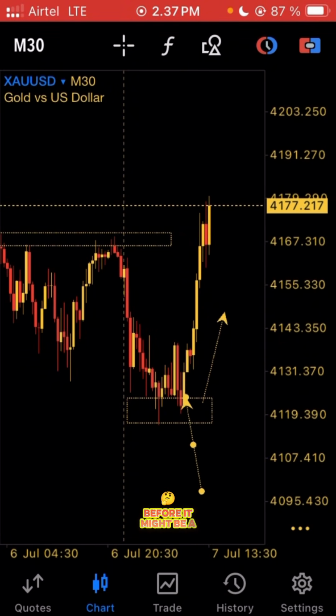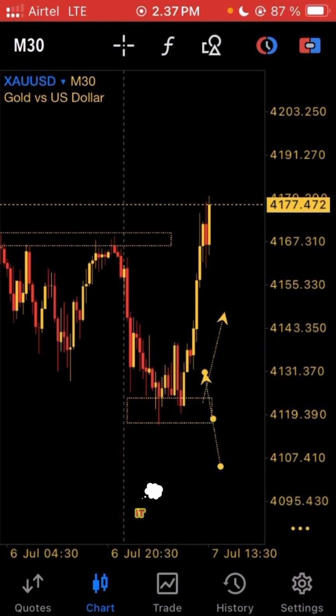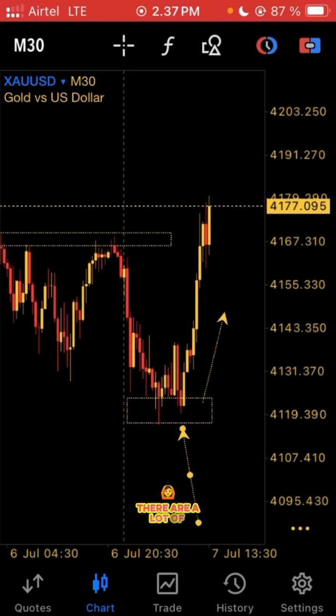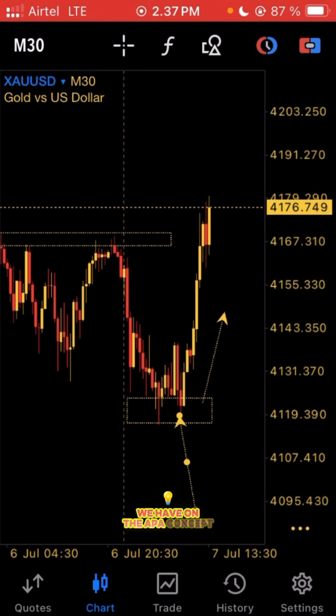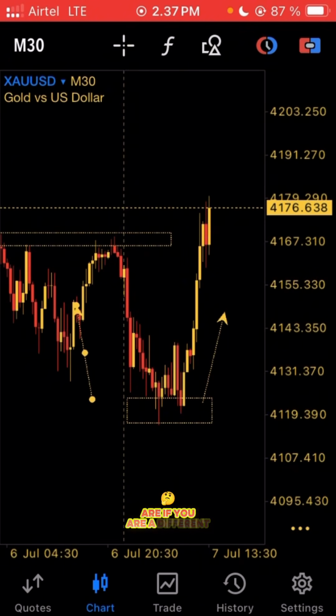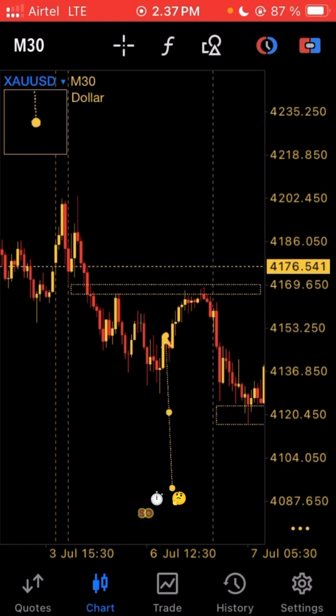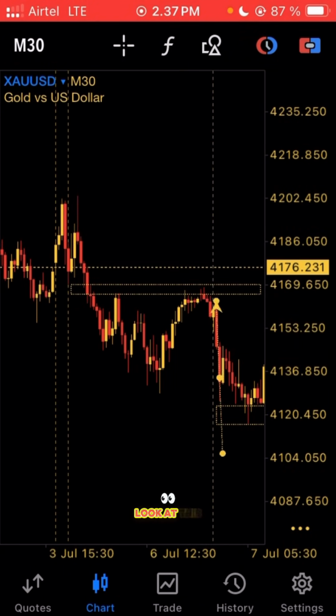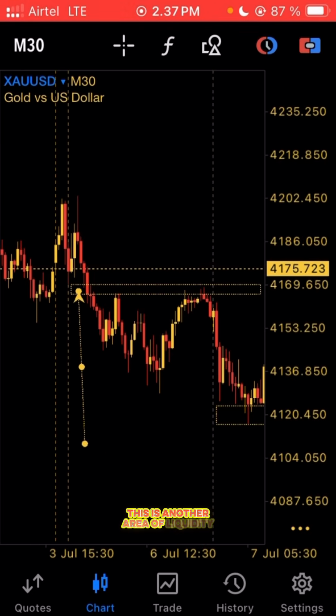It might be a break formation, it might not be a break formation. There are a lot of confirmations we have on the APA concept, so you can also use your confirmation as well if you're a different type of trader. Okay, so let's go. Now if you look at this area, this is another area of liquidity that we just